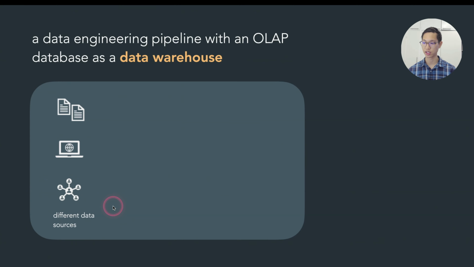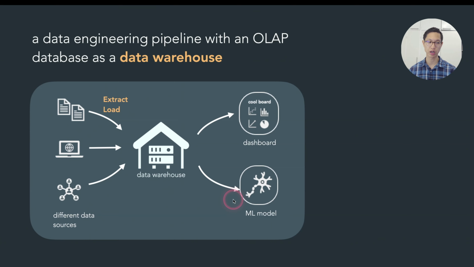Here you have ELT, extract and load. You extract and load the data into your data warehouse. Then you transform it inside your data warehouse. And then you serve the data for the end users, the dashboards and the ML models. Here, for example, other people can take over. For example, the BI analyst could take over. Here could be a machine learning engineer or a data scientist that takes over and takes the data from